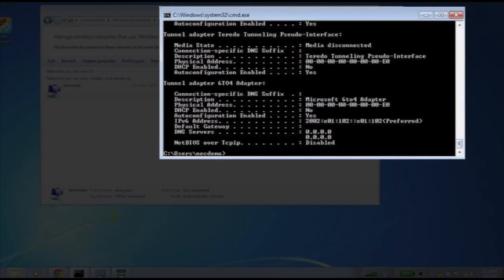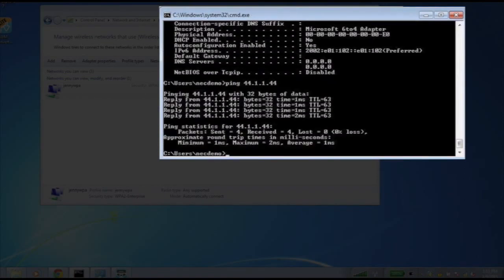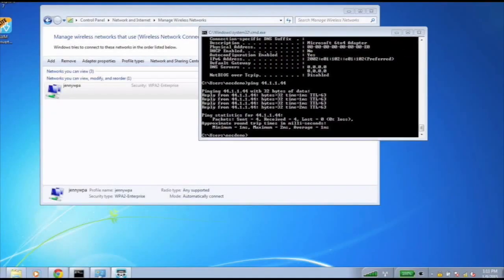Next, we can verify we have access to proper network resources by running a ping test to a secure server. In this wireless scenario, we have a wireless VTN, which allows us access to a secure server with an IP address of 44.1.1.44. Next, we'll switch views to the PFC GUI so we can see how flows are mapped to the physical and